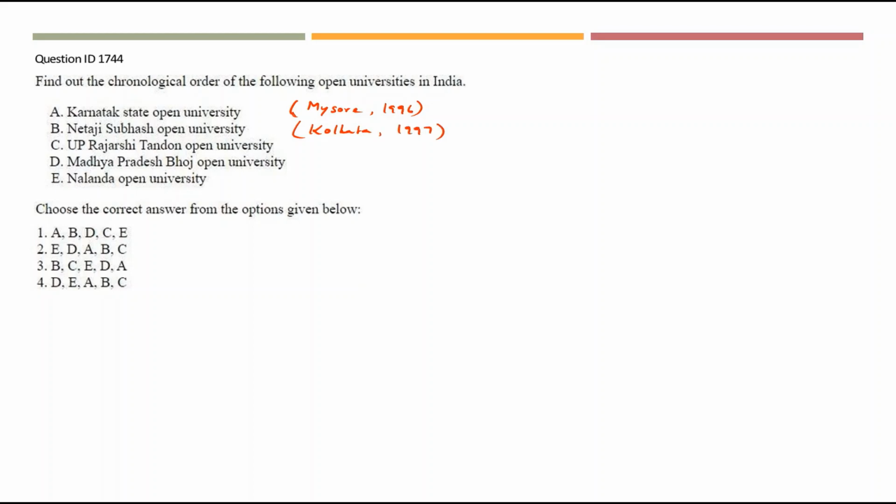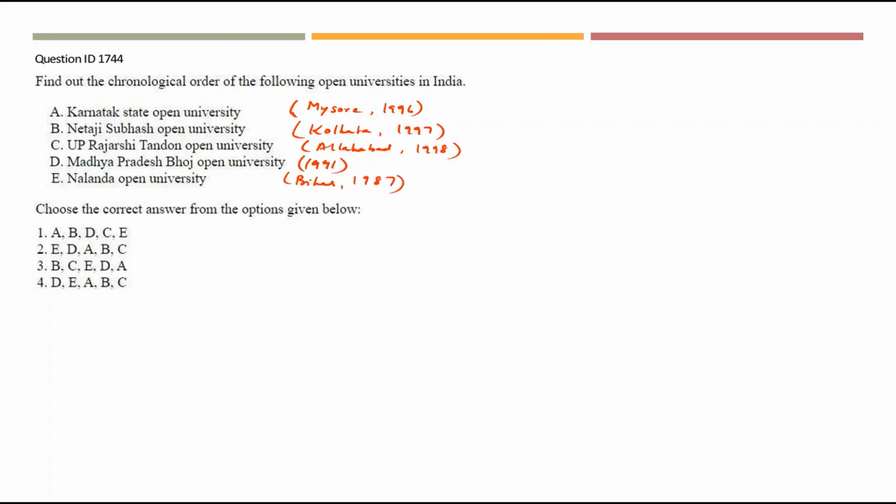UP Rajarshi Tandon Open University was established in Allahabad in the year 1998. Madhya Pradesh Bhoj Open University was established in 1991. And Nalanda Open University was established in Bihar in